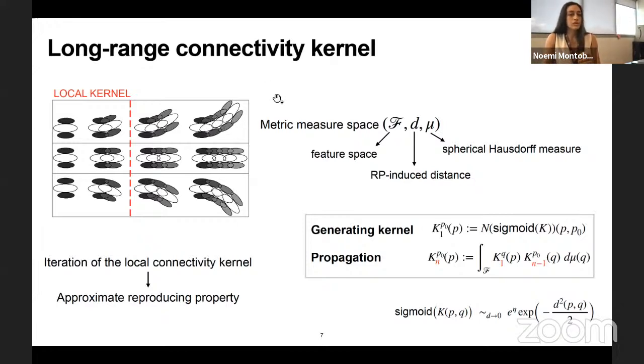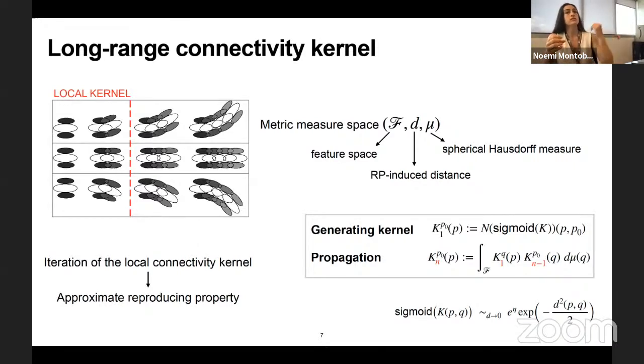Or more precisely, what we do is impose a discretized reproducing property for this kernel. A convenient setting to do this is that of metric measure spaces. So we have defined a metric space, and now we want to define a measure on it. A possible choice is the spherical Hausdorff measure associated with a distance that can always be defined on a metric space. It's also well behaved with respect to coexisting geometric structure. For instance, if we have a Riemannian distance and we compute the Hausdorff measure associated with it, we get something that coincides up to a constant with the Riemannian volume form.